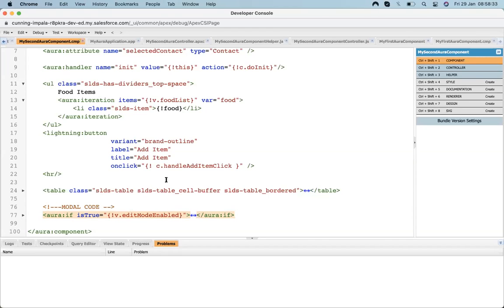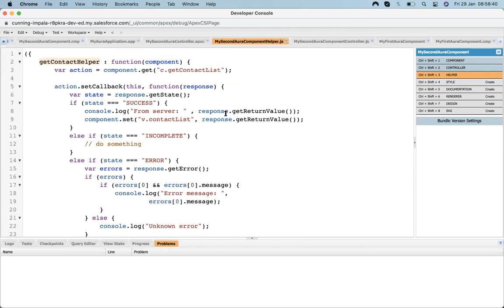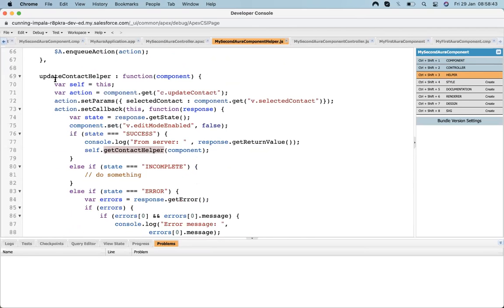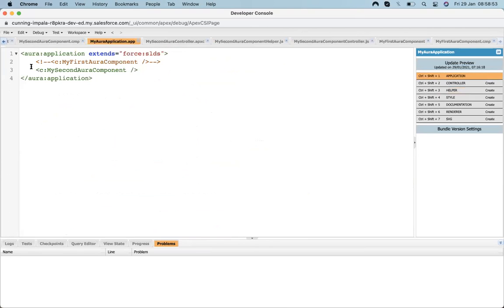For example, for calling a helper inside the helper, we use var self = this, right? Yes, we use the variable self. Is it something like that? It's quite similar to this one. We are just calling our component, just like that. I can call the two components over here. Okay, I got it. So it will be similar to that. I just need to call that component, nothing else. Okay, thank you so much.